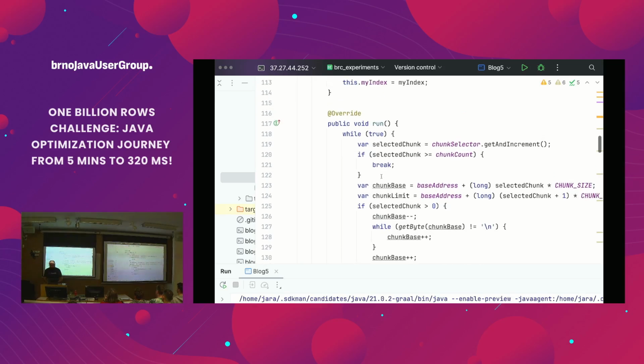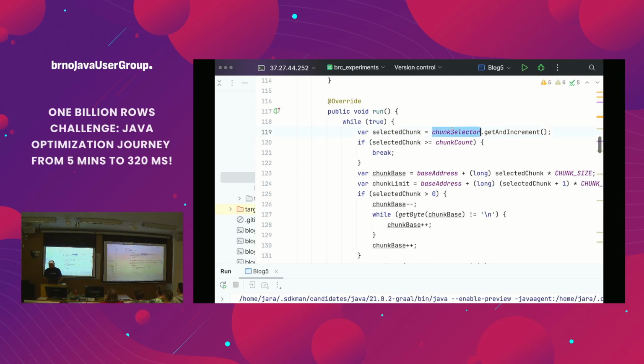And here, this is the worker, this is the atomic counter. So each chunk calls get an increment, competing to increment that atomic integer, and gives the counter, basically the number of a chunk. And if the current number is greater than total chunk count I should process, then we know we are done, and we can exit because everything was already processed.